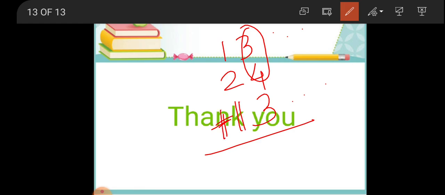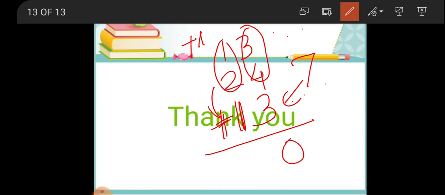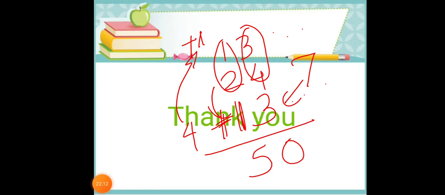We will add 4 plus 3. 4 plus 3, beta, this will be 7. This 7 plus 3 is 10. 0, and 1 you will add above. Now you add 2 plus 1, that is 3. 3 plus 1 is 4. To this 4 add only 1, it becomes 5. Isn't it easy? Yes. Thank you children. God bless you. Please solve the sums and try to understand the concept.